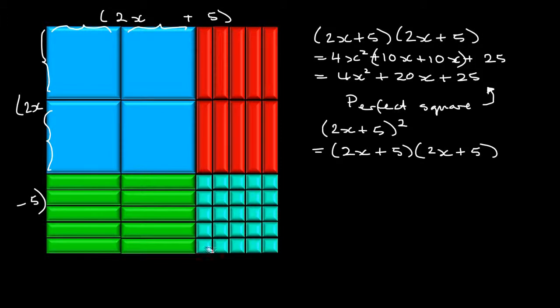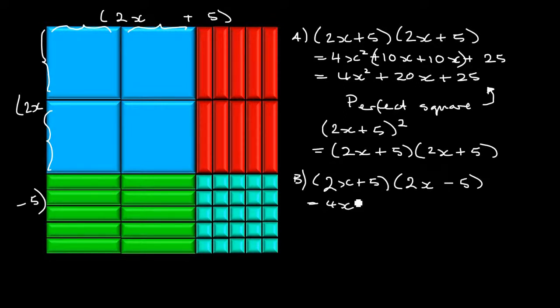And we end up with minus 25 ones, negative 25. So let's write that out. This time, let's make it clear, put an A here and a B here: 2x plus 5, this time times 2x minus 5